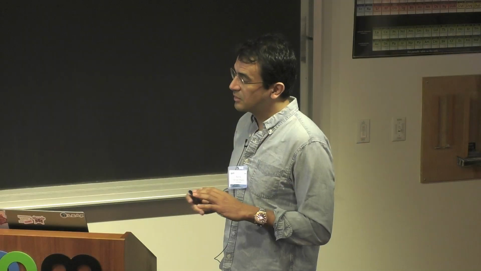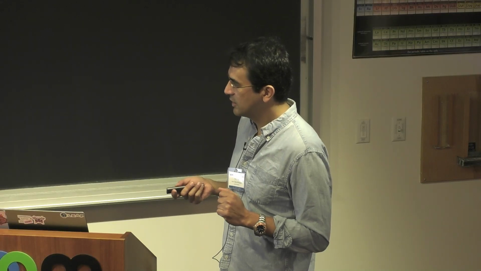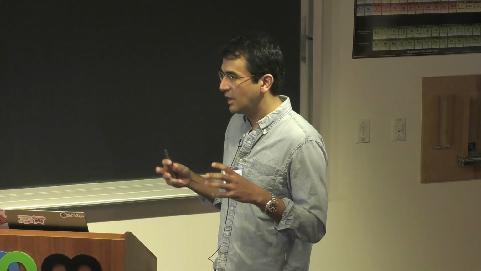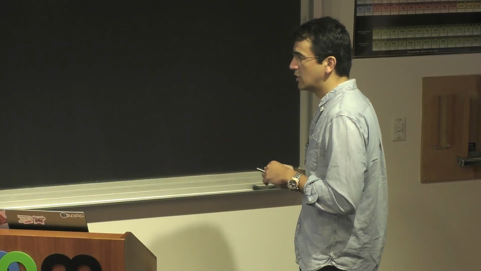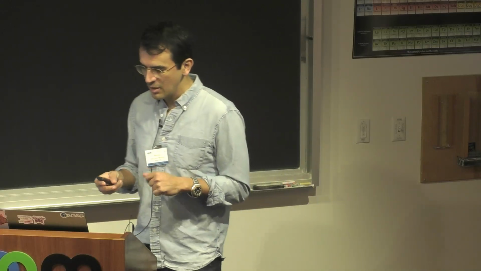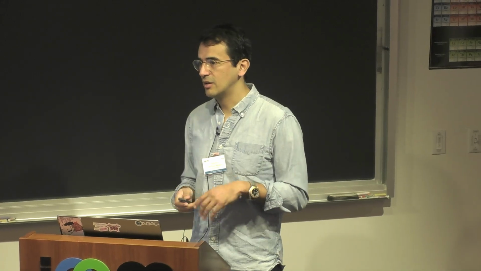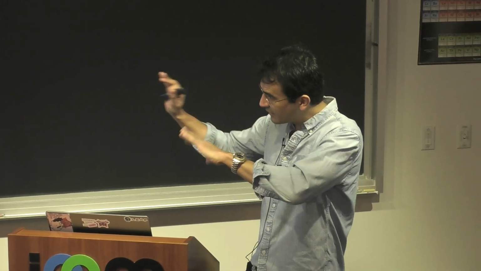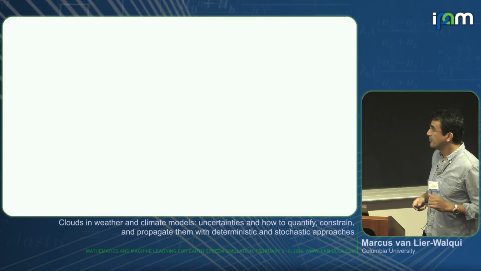And then when we go to longer timescales, this is a plot that I think a lot of people have seen. As we go to longer timescales, the physics uncertainty, so the uncertainties associated with the parameters and structure of our parameterization, starts to dominate. Further on, how much CO2, how many aerosols we are pumping into the atmosphere becomes more important. Okay, and this is important, right, because this guides how we address the problem.